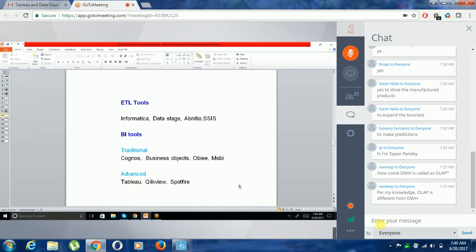And if you see, recently few evolutions have occurred, and a lot of visualization tools came into the picture. So Tableau, QlikView, Spotfire, a lot of tools nowadays. You can see a lot of tools available in the market. But all these are market leaders: Cognos, Business Objects, IBM, SAP, Oracle, MSBI. But in the Gartner review, when compared with all the business intelligence tools,